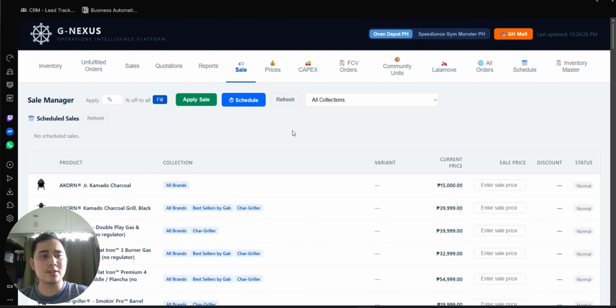This part allows me to manage sale prices on Shopify. If the client wants a certain product to be on sale, either as a value or a percentage type, I can apply it, and I can also schedule it.